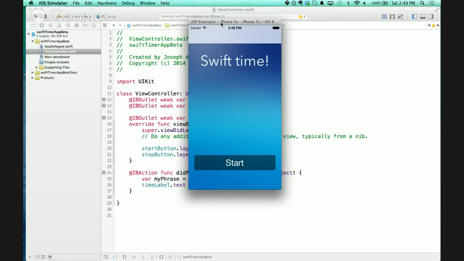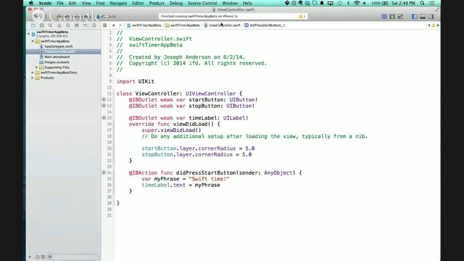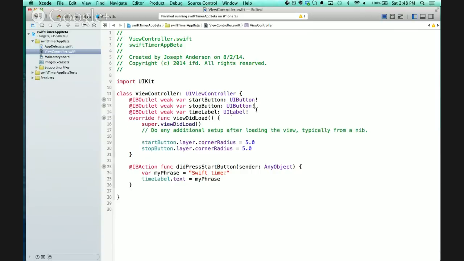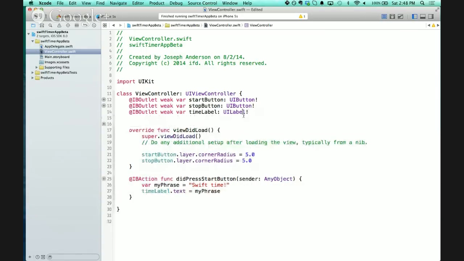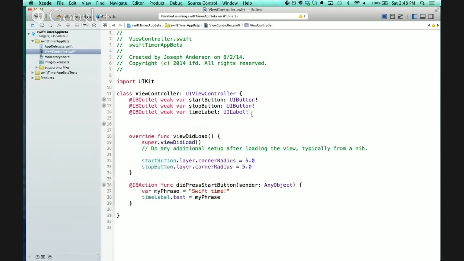Okay. Any other questions? Cool. All right, so this is going to be interesting because this is going to be the first time we build a function, a timer function. So the way we want to start is to go to the top underneath your IB outlets. In general, it's good practice. I like to keep all the variables at the top and together. So type in variable